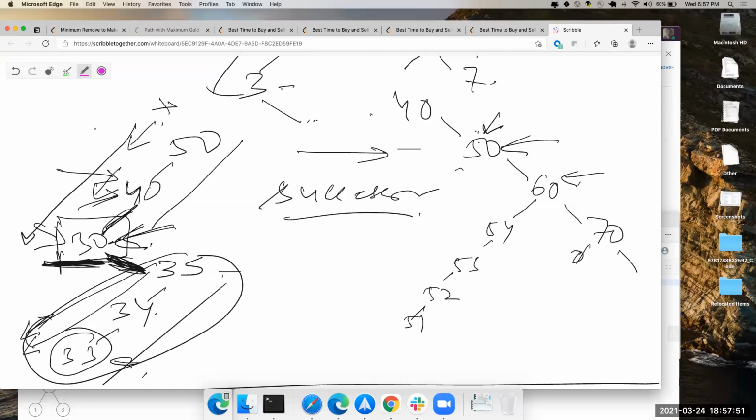But if you look at the properties of a binary search tree, you know that anything to the left has to be less than what the root node is at that point, right? Anything to the right is greater. So that means...